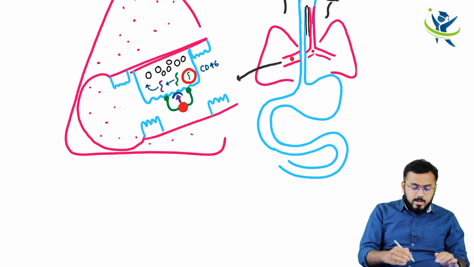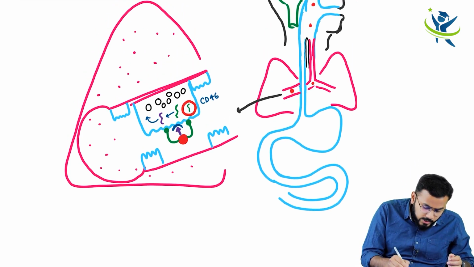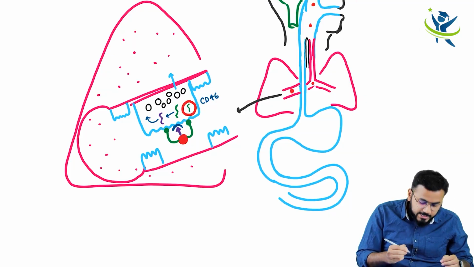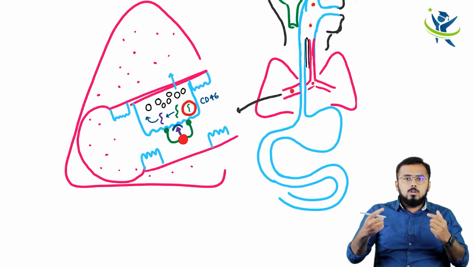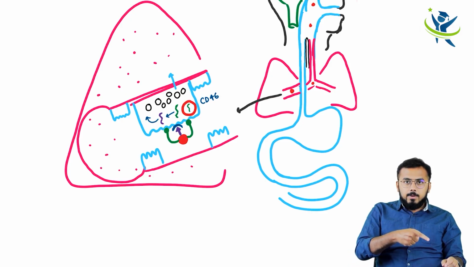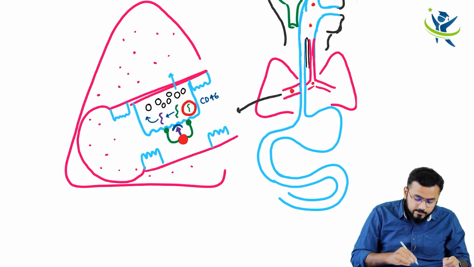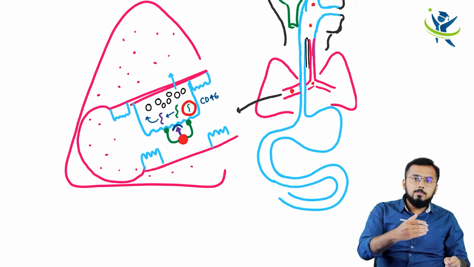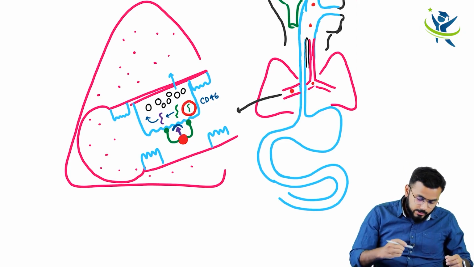Now these viral particles, look here very carefully, will enter into the interstitium of the lung. How are they going to enter? Before entering, they have to cross that lipid membrane, right? So this pink line which I have drawn down here is the lipid membrane. So it has to cross that lipid membrane and then enter. Look here now.